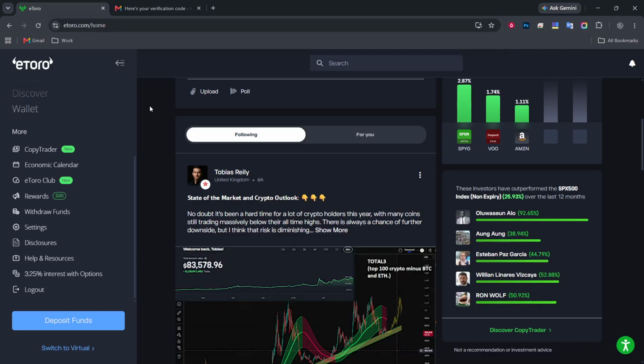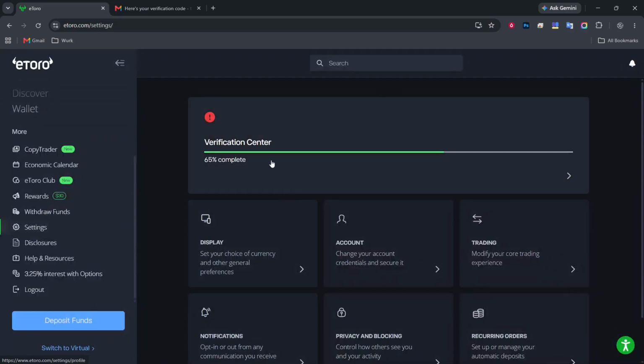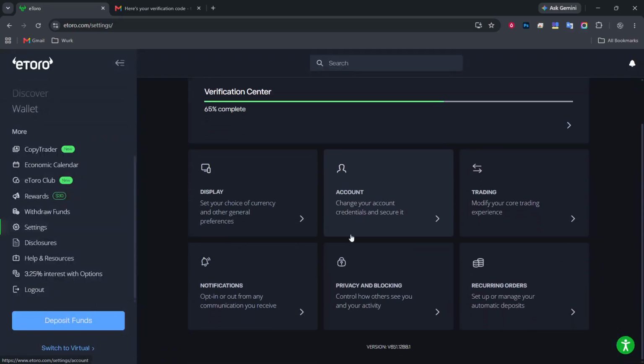Once you're logged in, the next thing you'll want to do is navigate to the settings. Look for the profile icon, usually found in the upper corner of the screen. Tap on it. This will bring up a menu where you can select settings. Entering the settings menu allows you to control various aspects of your account. It's the gateway to customizing and securing your experience on the platform.